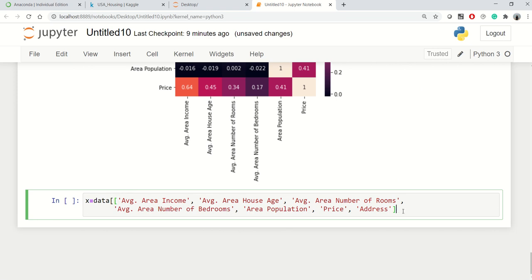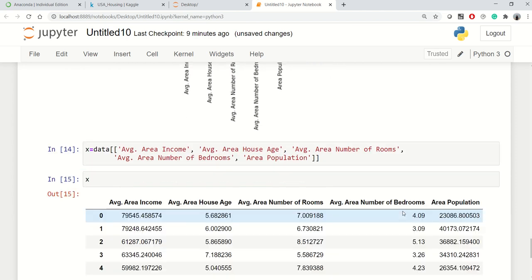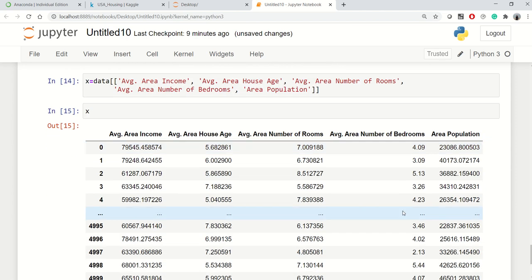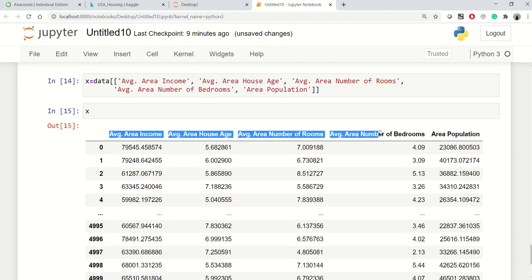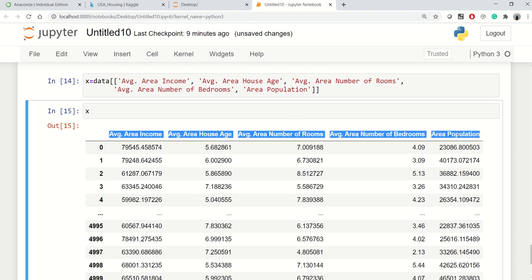Okay, and discard the address column. And since price would be our target variable, discard this as well. Okay, and see, now X is created, and you can see this is one more data frame which contains the features by which we want to do prediction. Okay, great.